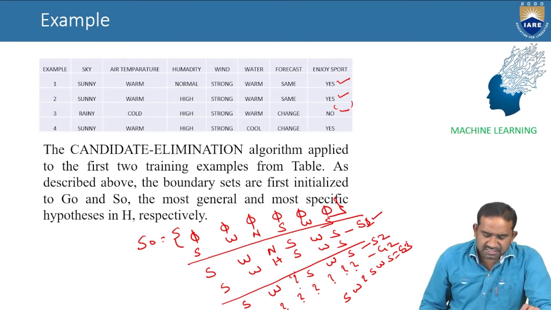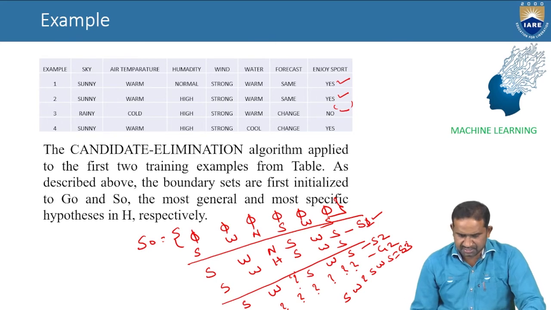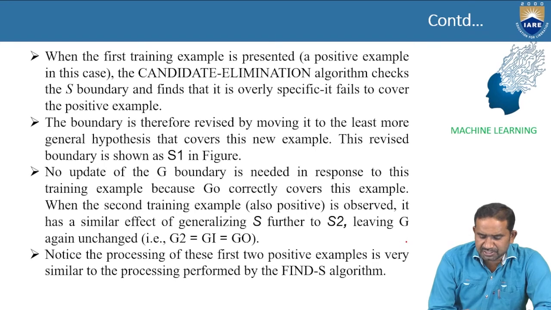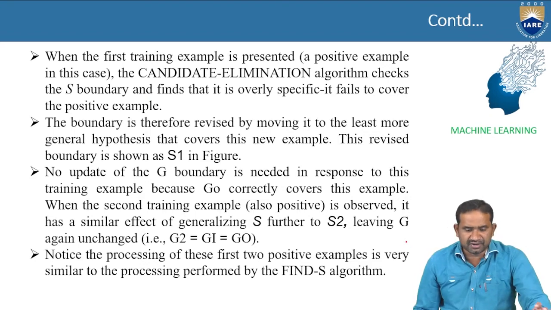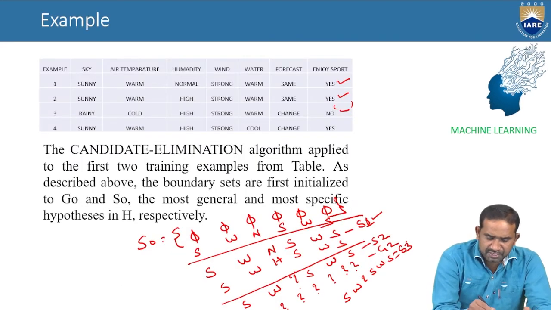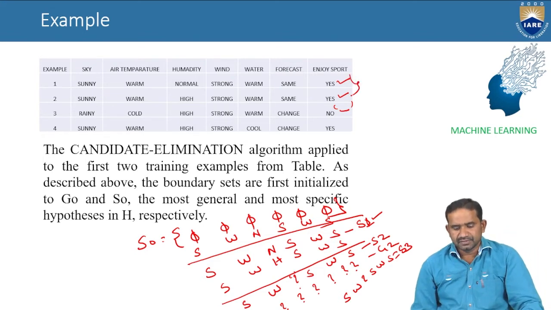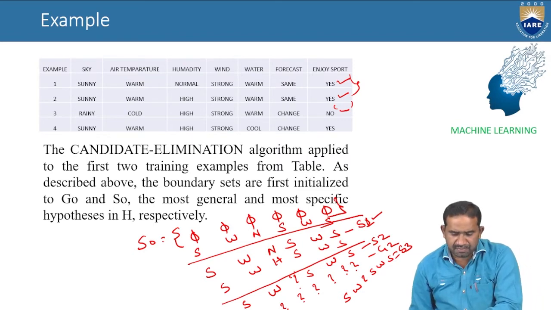Then we can start the third example, which is about S3. We move to the generalized one and observe it. For example, G0 is there initially, and G0, G1, G2 are the same up to the first two levels. But when it comes to the third one, the first two steps are about the two training examples of the first day. We follow the Find-S algorithm here only. Right. This output is sunny, warm, question mark, strong, warm, same.